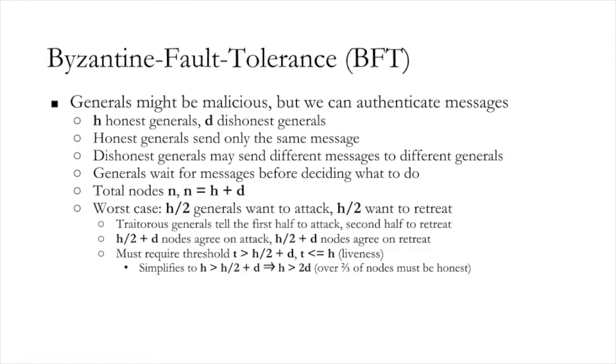Dishonest generals, Byzantine generals, are going to behave in the way which puts consensus most at risk. Maybe they're double agents, secretly working for the opposing army. And these dishonest generals are going to send different messages to different generals. So they're going to assign 2 votes, 1 vote to attack and 1 vote to retreat, and they're going to send these votes to different generals, trying to split up the network and get different generals to make different decisions.